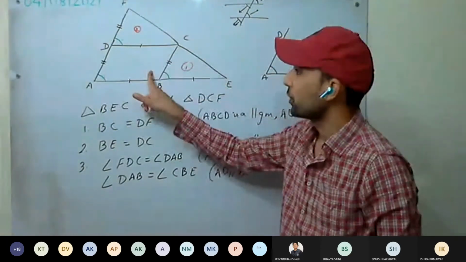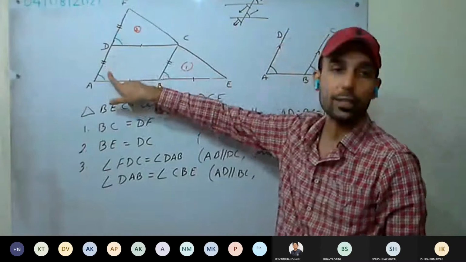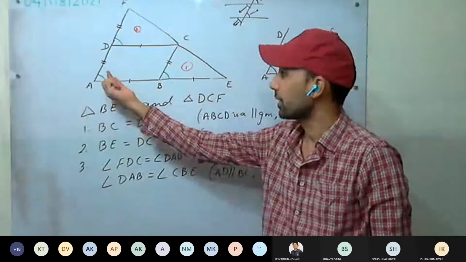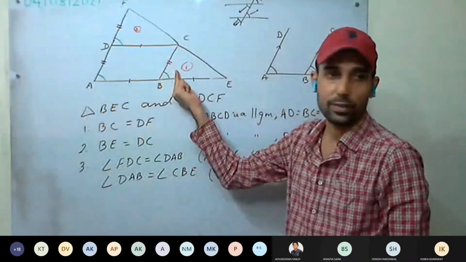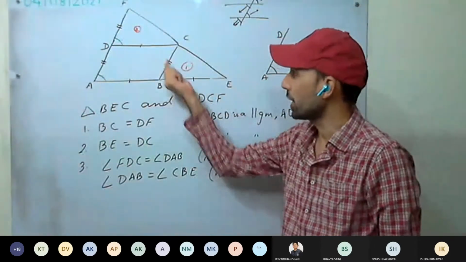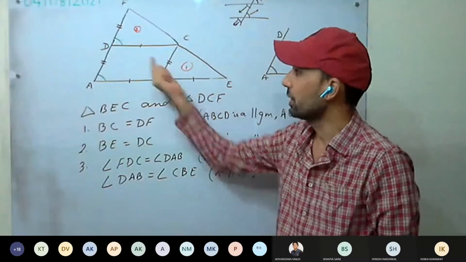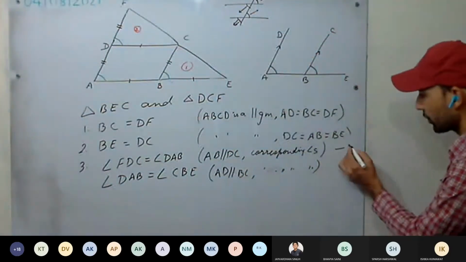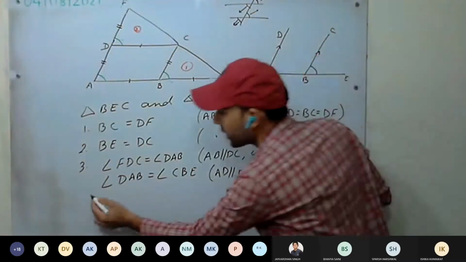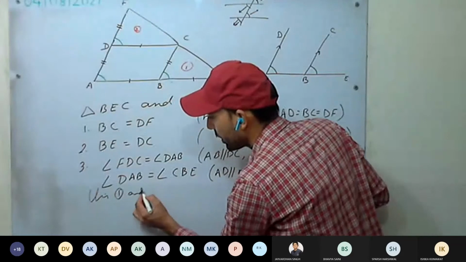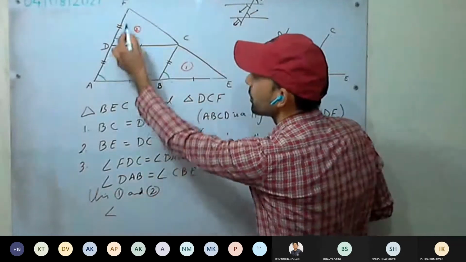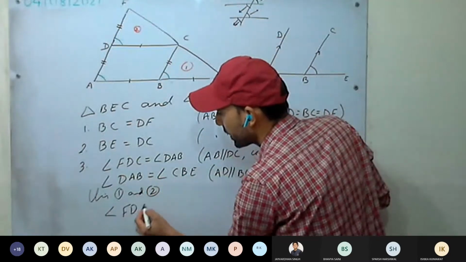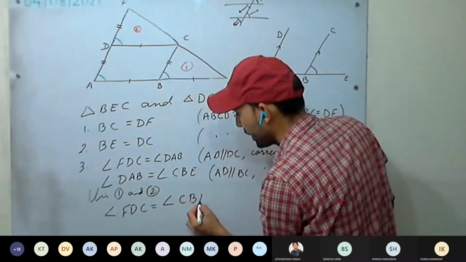So this is a parallelogram. First we have shown these two are equal because they are corresponding angles. These two lines are parallel, these two are equal. Next, these two lines are parallel, therefore these two are equal. It means these two are equal. At last, what should we have? These two as equal. So we have proved them to be equal. Since these two are equal and these two are equal, it means these two are equal. So you can mark here first, here second, and then using first and second, angle FDC equal to angle CBE.